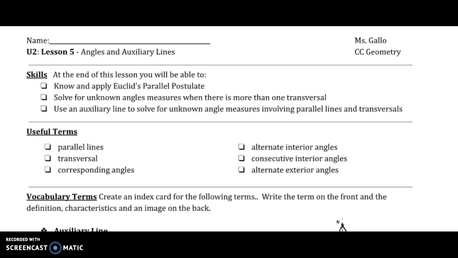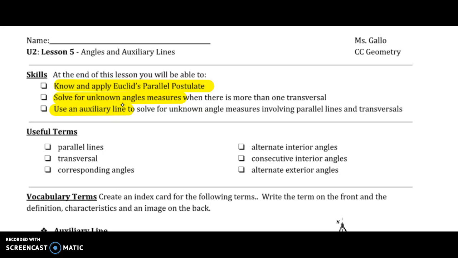This is Unit 2, Lesson 5. This is a lesson on angles and auxiliary lines. So the main portion of this lesson is we are going to know and apply Euclid's parallel postulate. We will do this to solve for unknown angle measures, and in applying Euclid's parallel postulate, we will create an